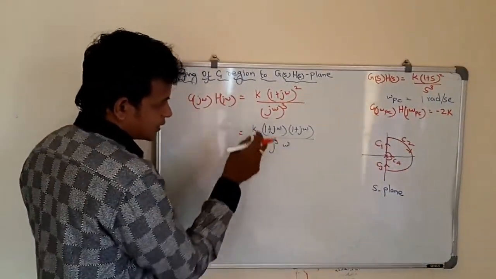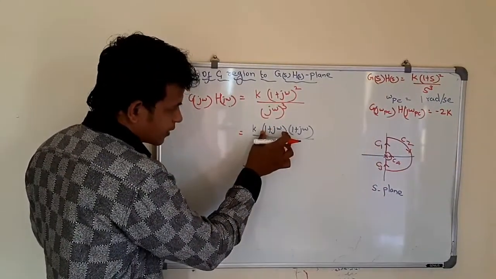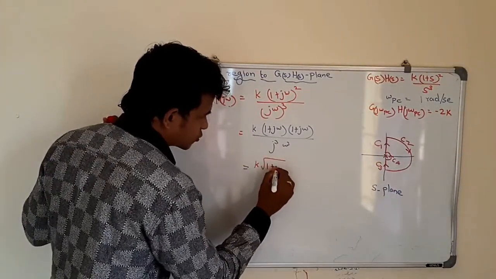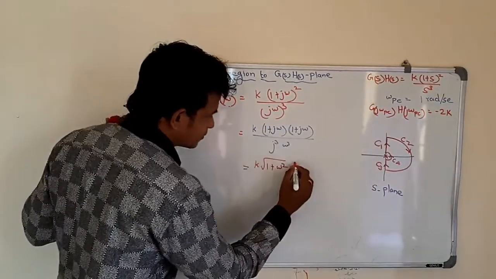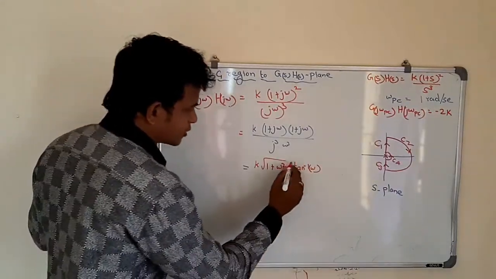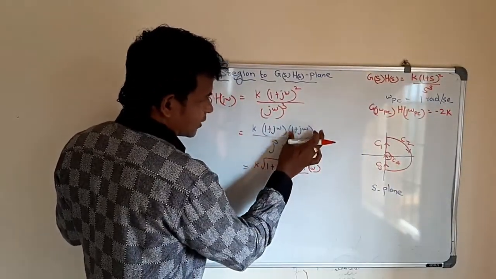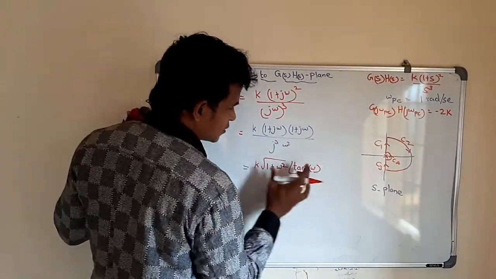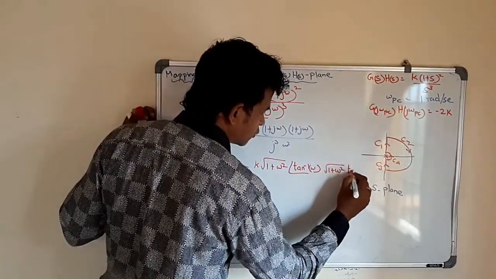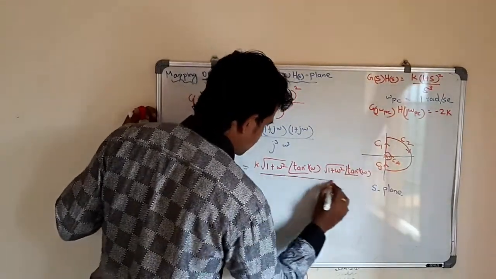Since it is a real number. Here for this term, we have both real and imaginary values. So we can write the magnitude as root of real square plus imaginary square, and the angle is tan inverse of imaginary part divided by real part. So tan inverse of omega divided by 1, that is tan inverse of omega. Now for the next term, which is the same term repeating, root of 1 plus omega square, and the angle is tan inverse of omega, divided by omega cube.